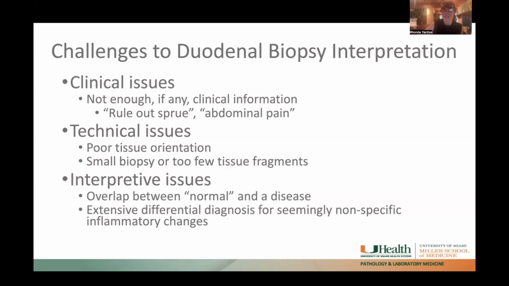Technical problems can be related to poor tissue orientation, small biopsies, or too few tissue fragments that are not reflective of the findings throughout the proximal small intestine, and then the overlap between normal findings and those that might suggest a disease. There's also an extensive differential diagnosis for what seem to be nonspecific inflammatory changes, such as increased intraepithelial